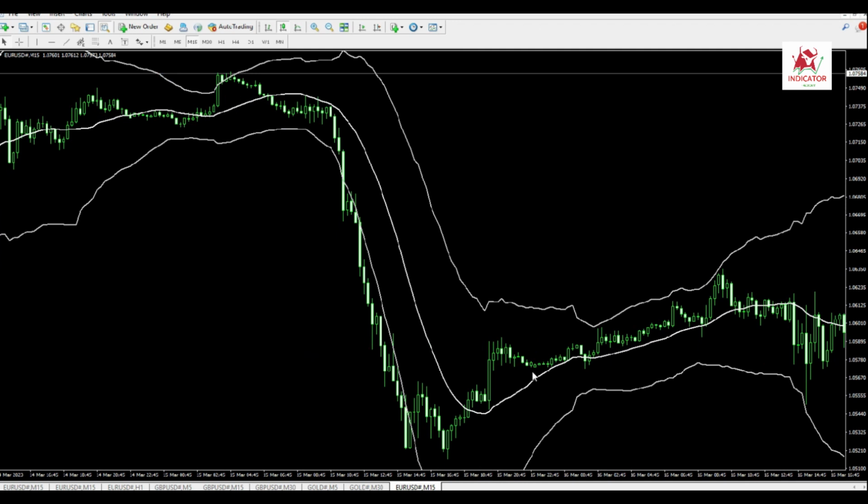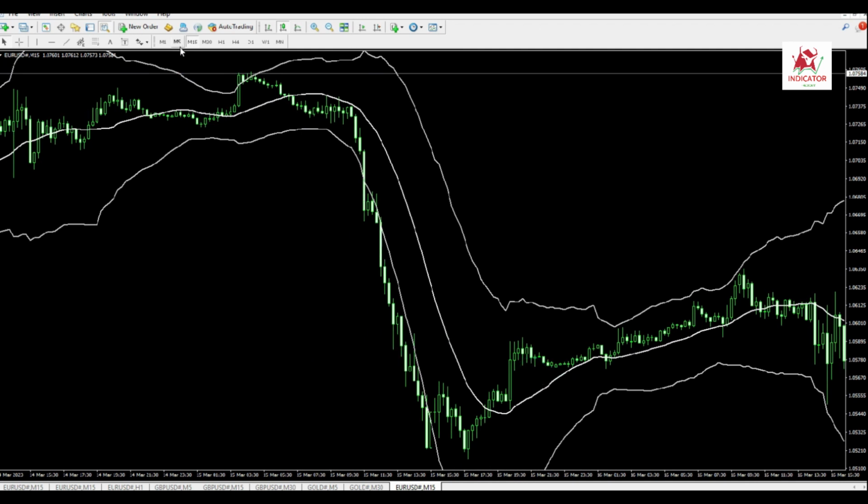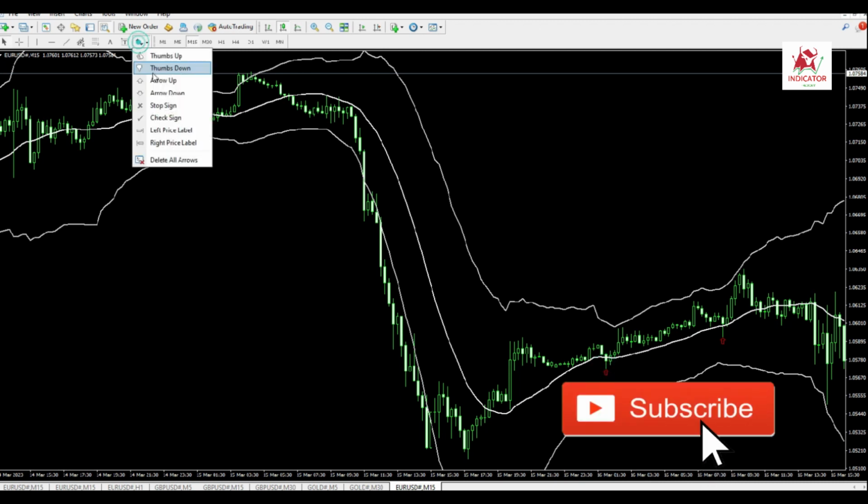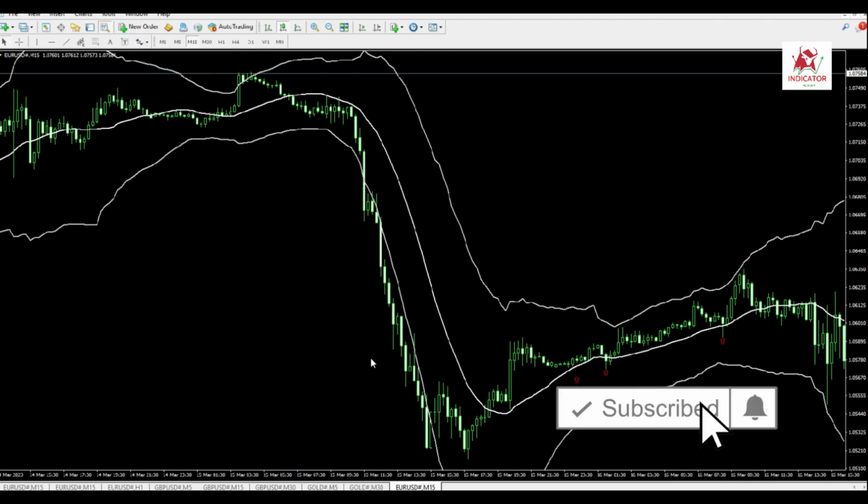We need to find a price that is far beyond the Keltner channel. This suggests that the market is at an extreme level, as far as possible from its average value. However, do not rush to open a long position here. As we already know, in a strong downtrend, the price can stay near the channel's lower border for an